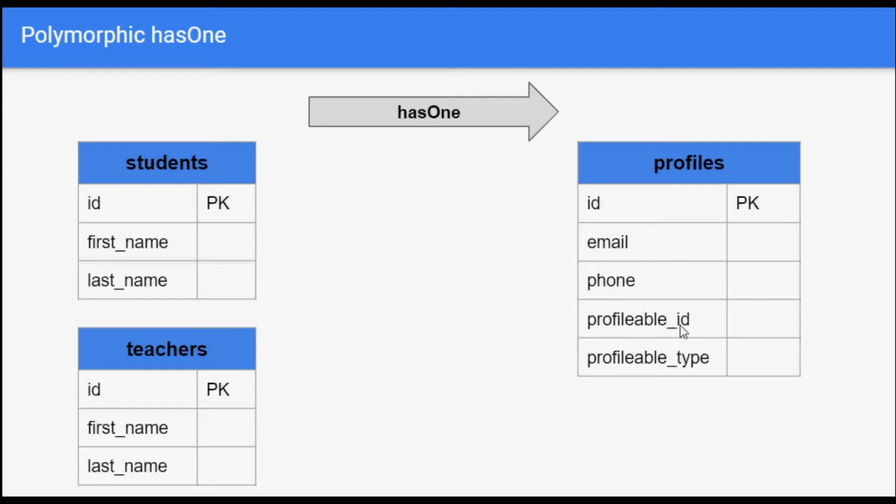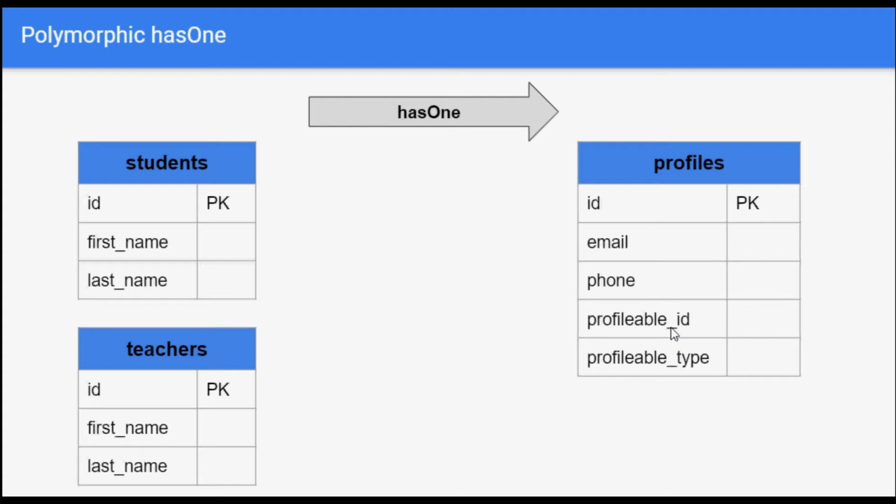Profilable ID will contain the ID of either student or teacher, and profilable type will decide whether the profilable ID present is of student or teacher by storing their class name. So this is how polymorphic has one relationship works.